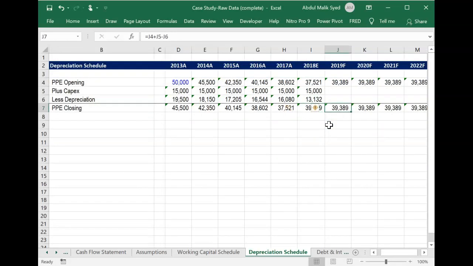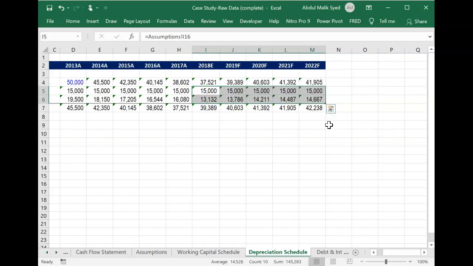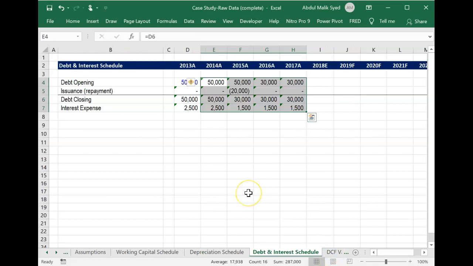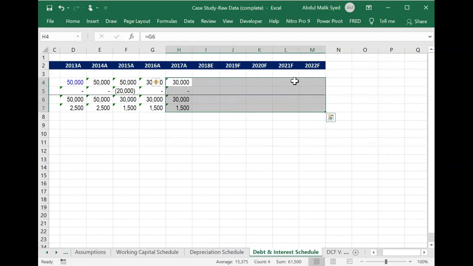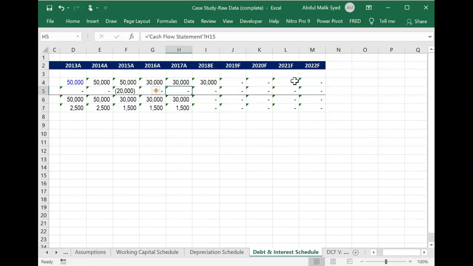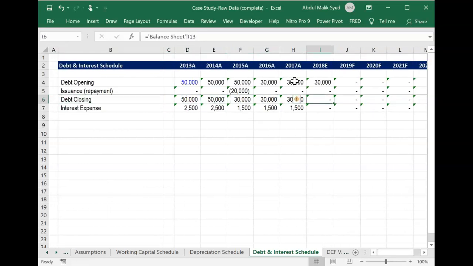So I think we can simply copy this and get the other values. Now let's take up the debt and interest schedule. Again copying this. So these are coming from the balance sheet. Debt closing, but we have to link it to the